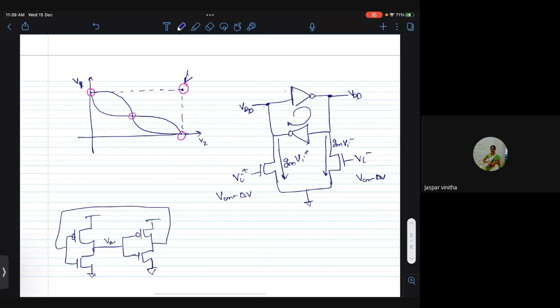So this is also at VDD, and this is also at VDD. This is what we are doing, right? So when this is at VDD, this transistor is completely on. This one is off. This is also off, and this is completely on. Right? So any small change in VDD, even if as long as the